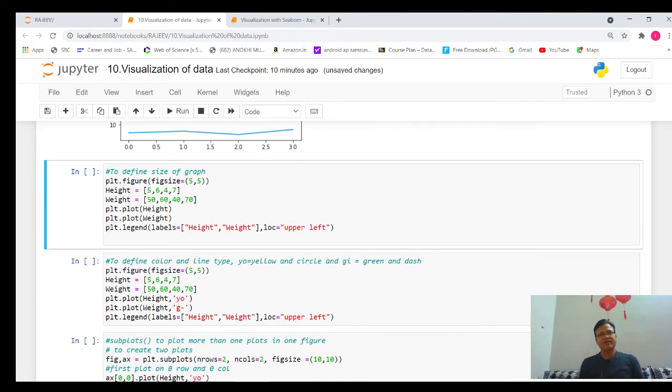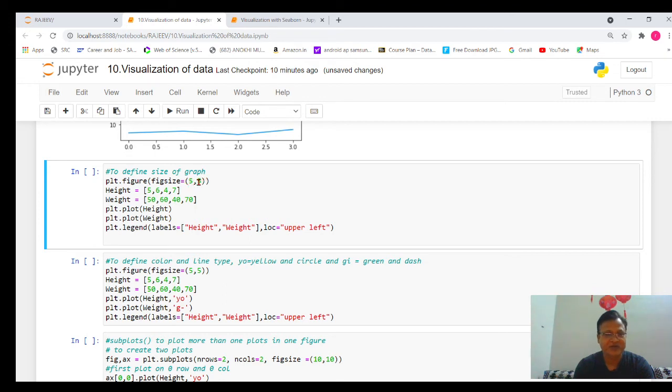Next important thing, many times I want to control the size of the graph. Many times there are a lot of values, so I want to increase the size of the graph so that the values will be clearly visible, and sometimes we want to reduce the size of the graph. To define the size of a graph, we will use the figure function. And in the figure function we need to give figsize, which will be 5,5.